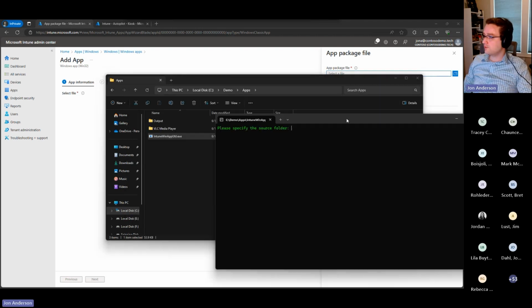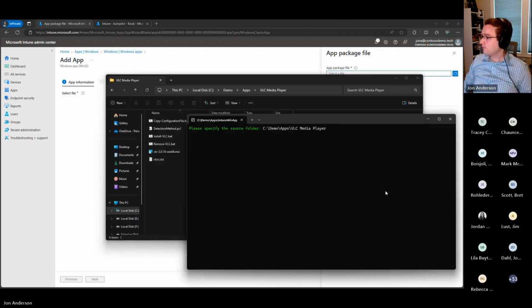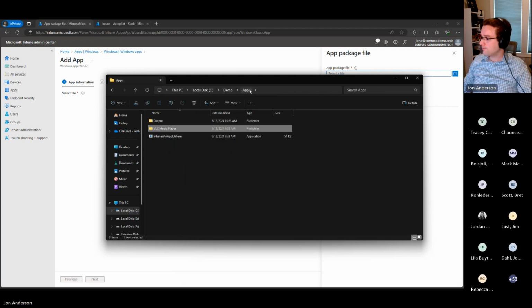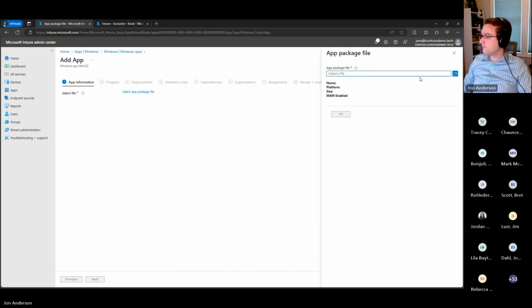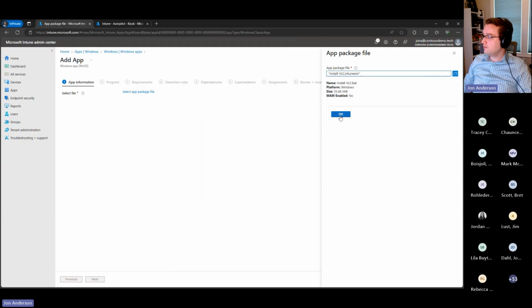So if you run this, it'll ask for what is the source folder. So we can just copy this folder path. What is the setup file? So that's our install-vlc.bat. And then what's the output folder? So I have a demo apps output. And then we'll say no at the catalog folder, since that's something for an old version of Windows that we don't need anymore. And now in the output folder, we've got our install-vlc.intunewin file. So now in this browse window here, I can go into apps, output, and select that intunewin file,